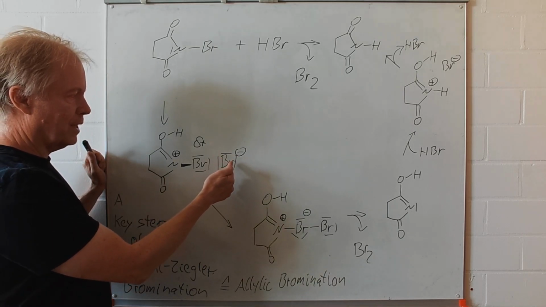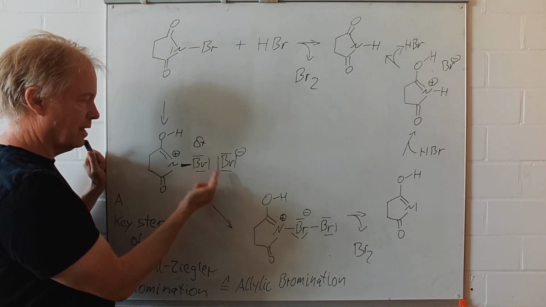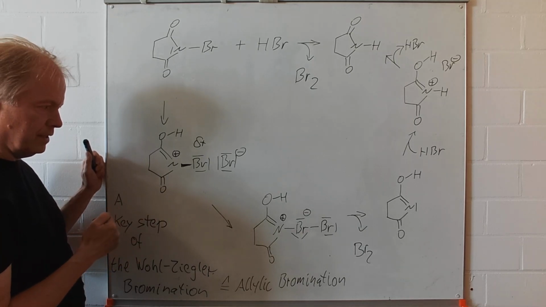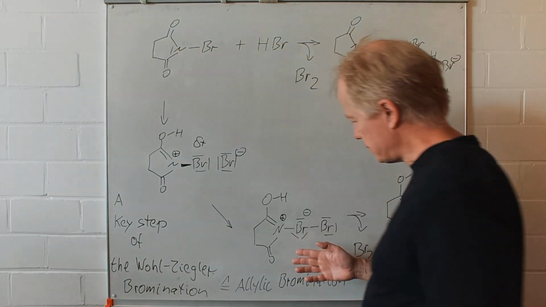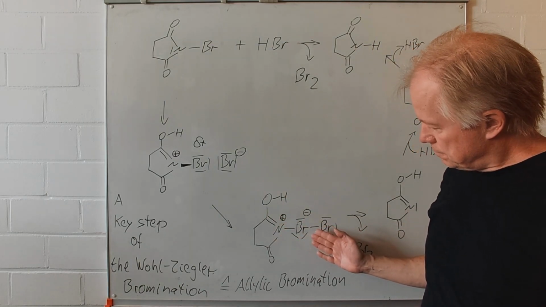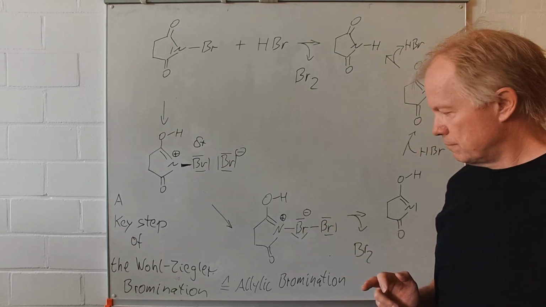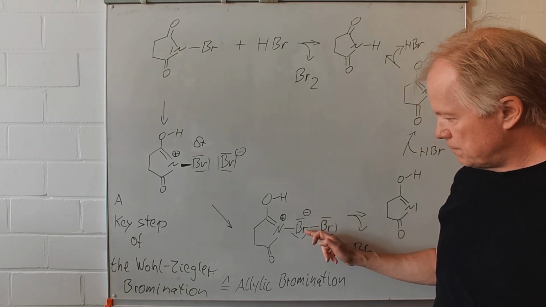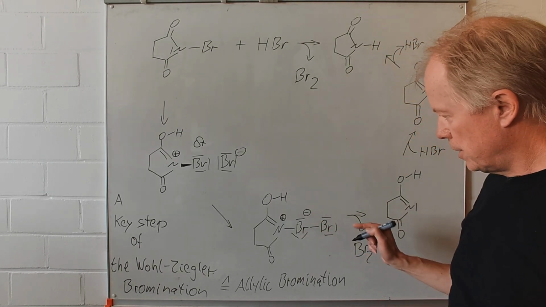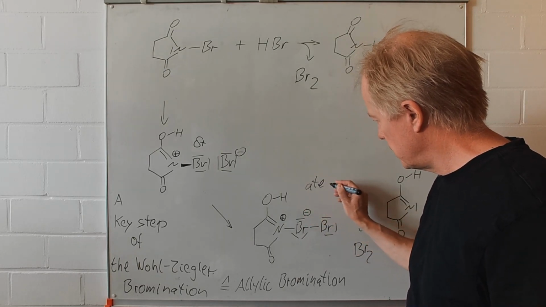We have the bromide as counter anion, and this can now attack as a nucleophile, and in this case such a complex with a bromine with two bonds will evolve. The central bromine is negatively charged, and this kind of complex is a so-called 8